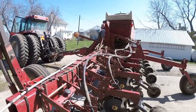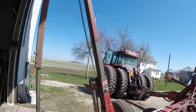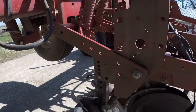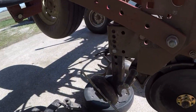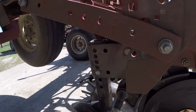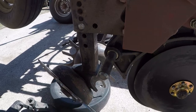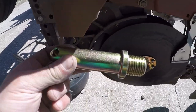All right, we got the planter all set up here, unfolded in front of the shop, and unfolded without the markers catching this time, so that was lucky. But decided to go ahead, and I'm going to do probably 3 of these at least, and then maybe take a break and switch the seat around and stuff. But I was going to pull these pins out, and I don't know if you caught it when I was doing this stuff last week, but